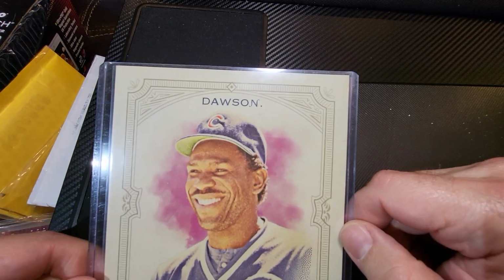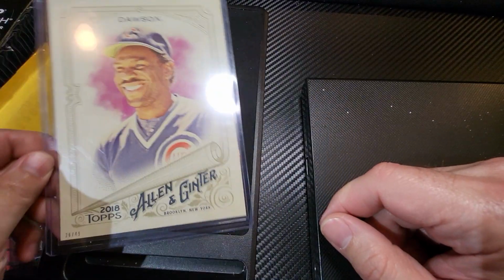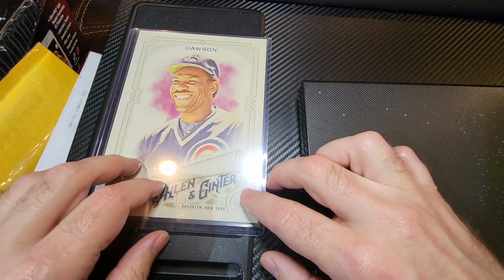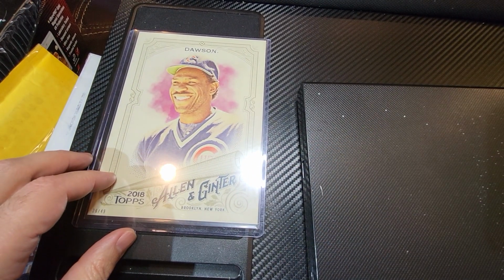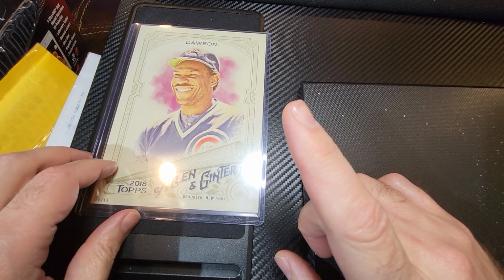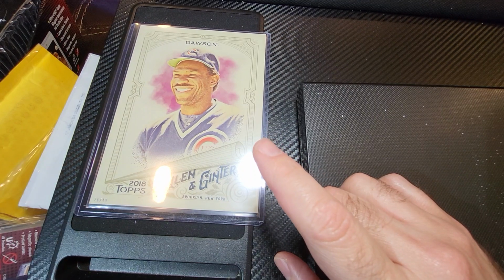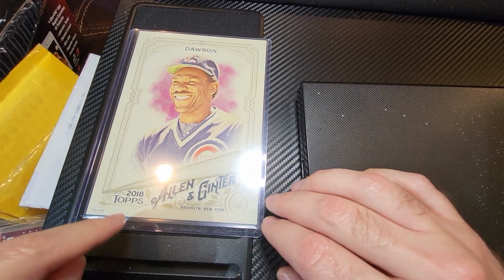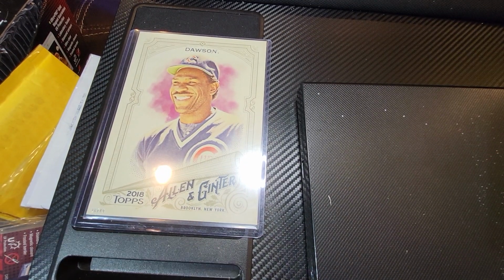And yeah, that's huge, literally. But for me, that's the biggest Andre Dawson card I have, aside from the school folders that came out in the 80s. So I do have one of those. And just really quick,